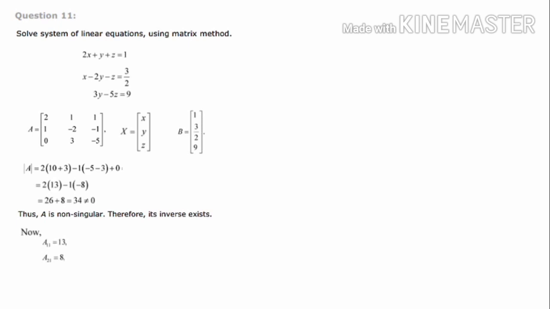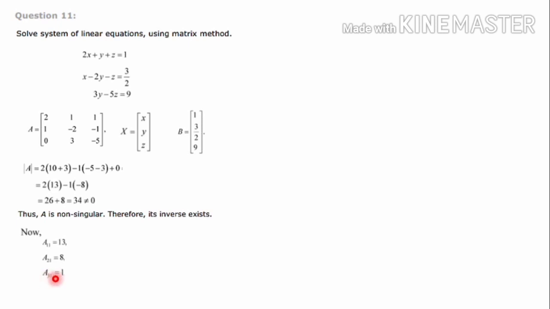Next is the cofactor of the A21 element, that is second row, first element. Second row, first element is 1. That particular row and column is gone. 1 into minus 5, that is minus 5 minus 3. So minus 5 minus 3 is minus 8. And here one more minus is there outside, that is here 2 and 1, when you add you will get 3. 3 is an odd number, so the minus sign is outside. So 2 minuses together we will get it as plus. So plus 8 is the answer.